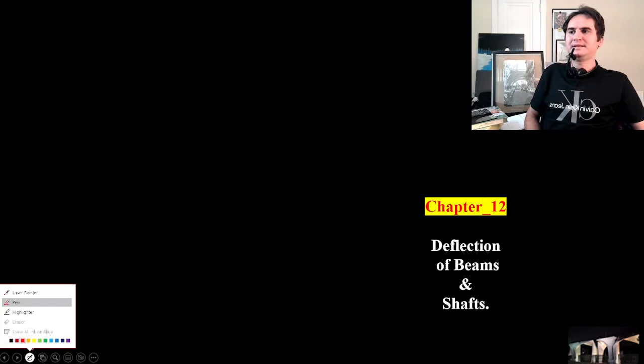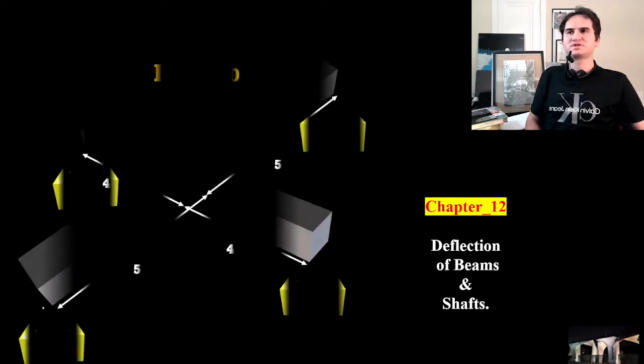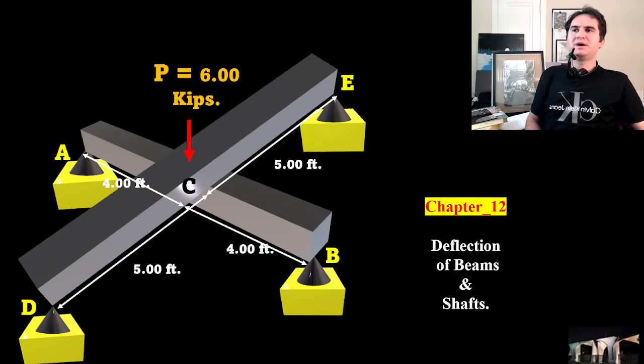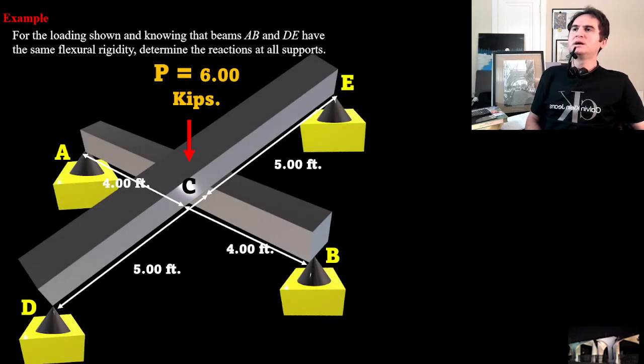Chapter 12, Deflection of Beams and Shafts. Let's attempt a very interesting problem in beam deflection. So we do have this configuration, and for the loading shown, and knowing beams AB and DE have the